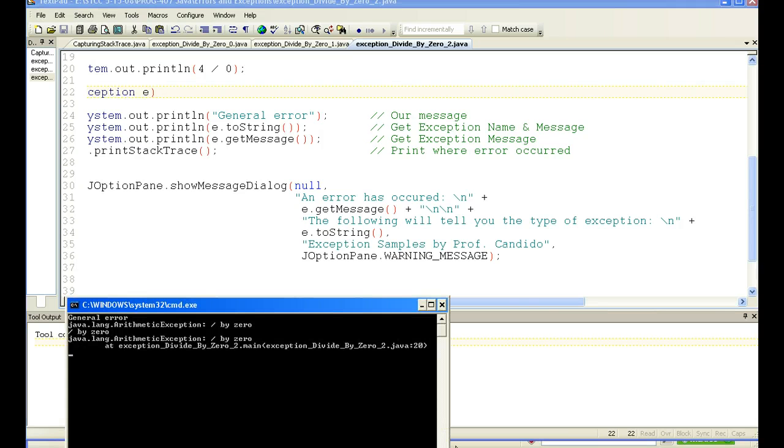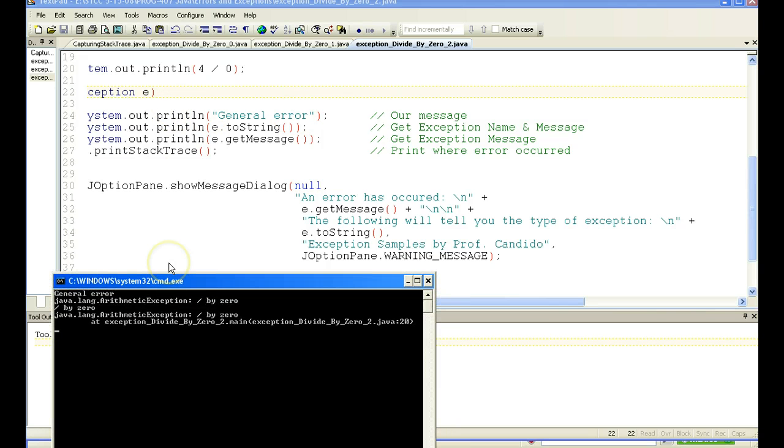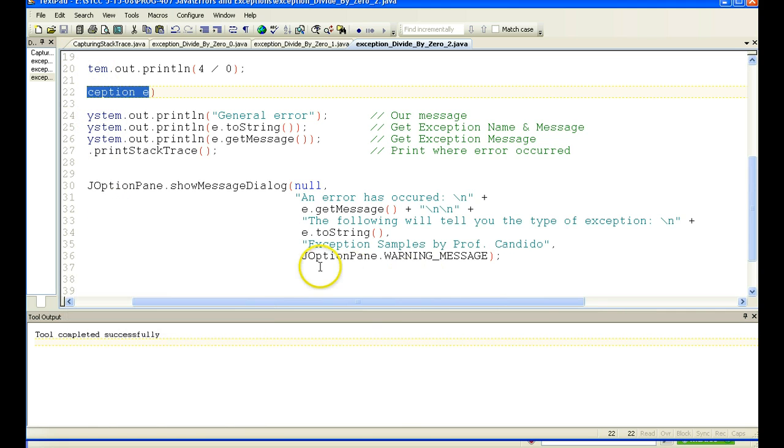So right here is the exception that we see, general error here. We see the e2 message here, which gives us the actual exception and the message. We just get the message here, which this piece of code does, and of course we get the stack trace telling us at line 20 we got a problem, which is right here. So now I'm going to shut this down and I'm going to run it again,